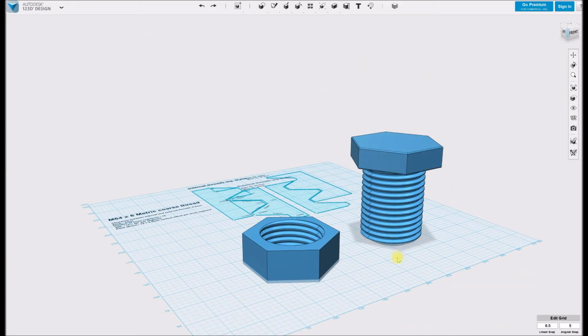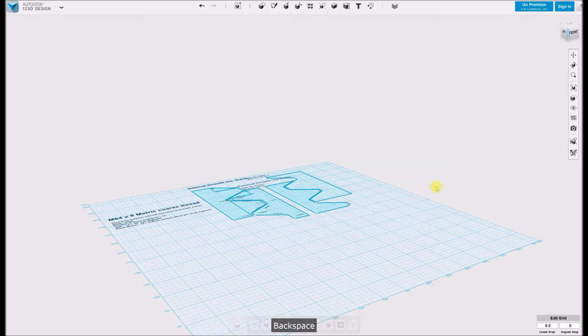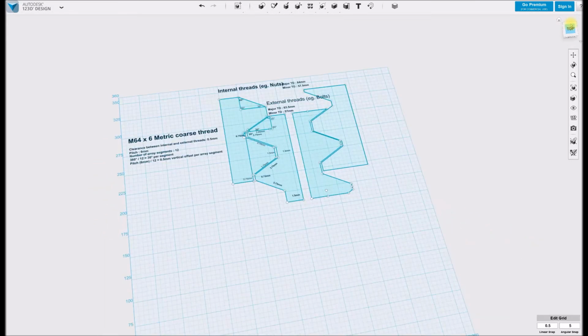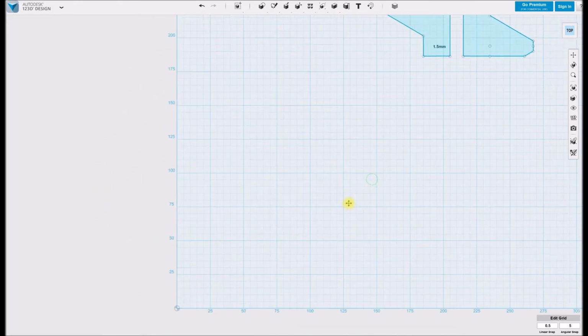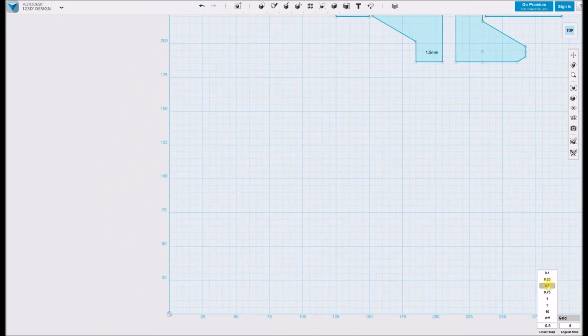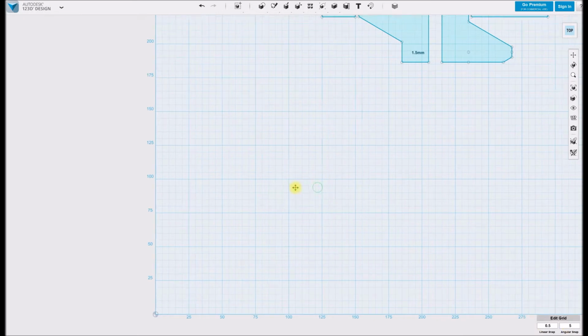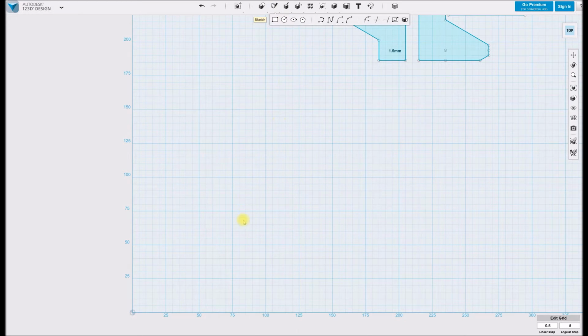So now that we have all of our math and all of our profiles set up, we can move on to making the actual threads themselves. So we're going to start by doing the external threads on this bolt. So first thing, I will clear my workspace. I reorient on top of the work, and I like to have my linear snap at 0.5 and my angular snap at 5 or 10 if it's available. First thing you do is you grab the sketch tool,